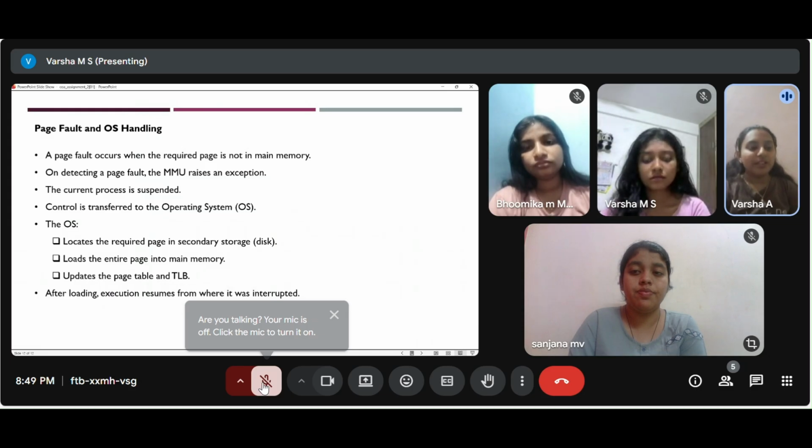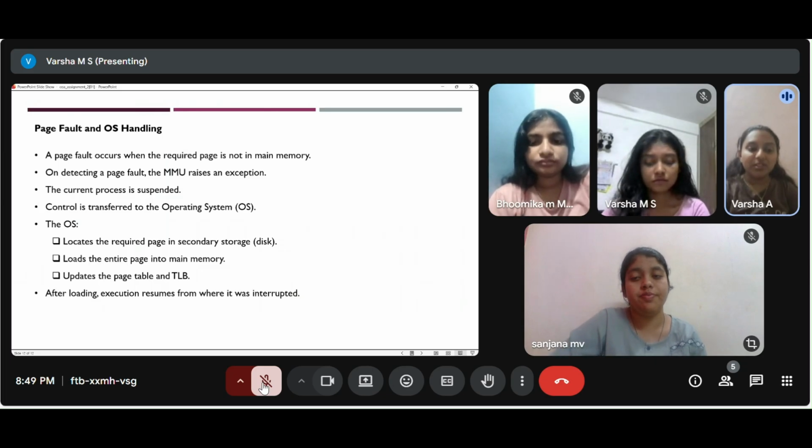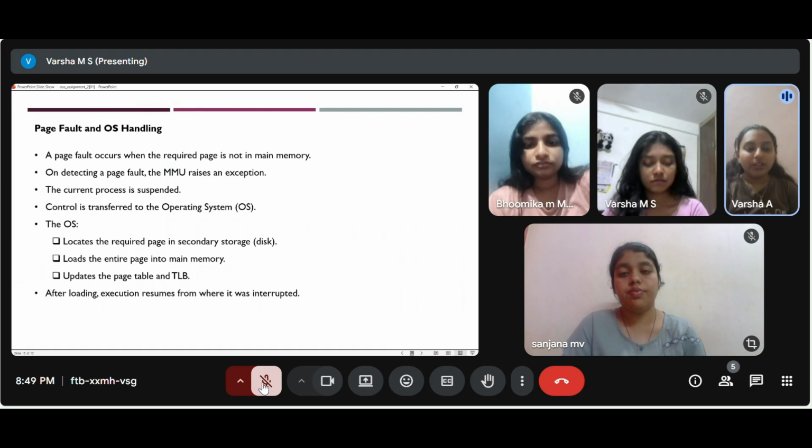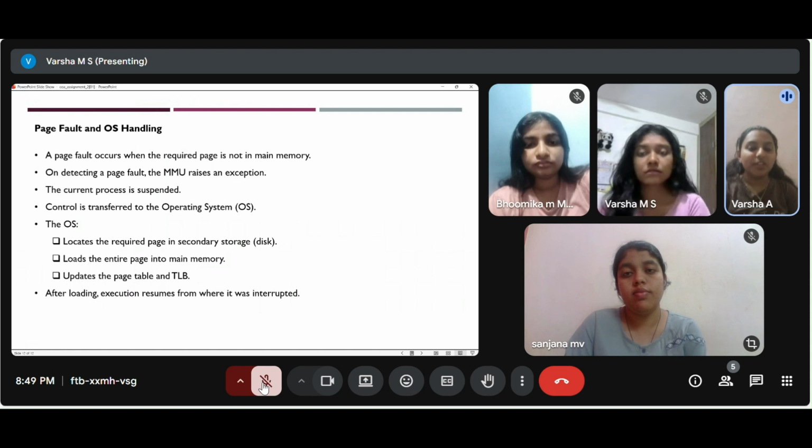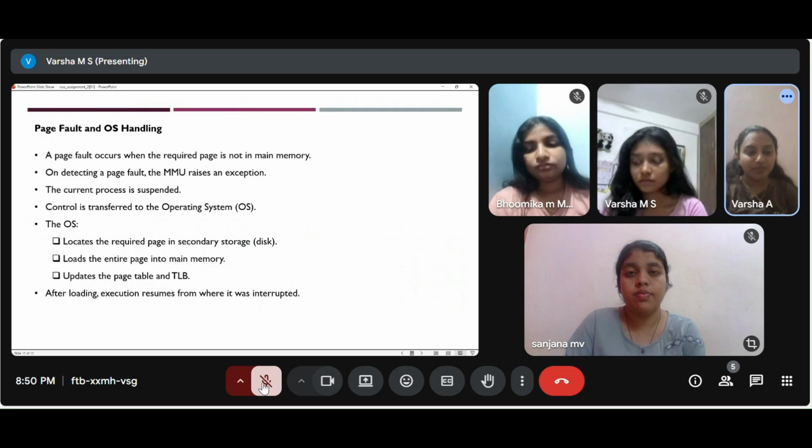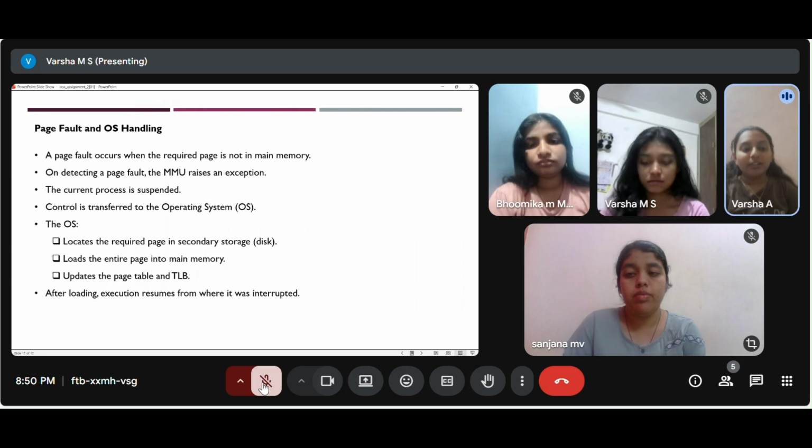The page fault and OS handling. It explains what happens when the required page is not present in the main memory. It is known as a page fault. A page fault occurs when the CPU tries to access a page that is currently stored on the disk instead of RAM. When this happens, the MMU, the memory management unit, detects the fault and immediately raises an exception. When it raises an exception, the running program is temporarily stopped and control is